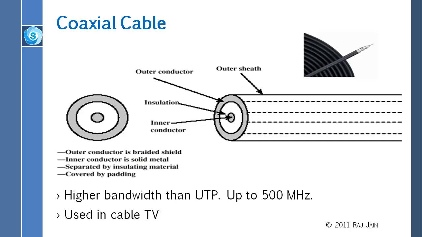We don't really use it for data communication, because as time goes by, we are able to send more and more bits over the unshielded twisted pair UTP, so we don't need to worry about this kind of cable. Now the next method is optical communication, and I start with this cartoon